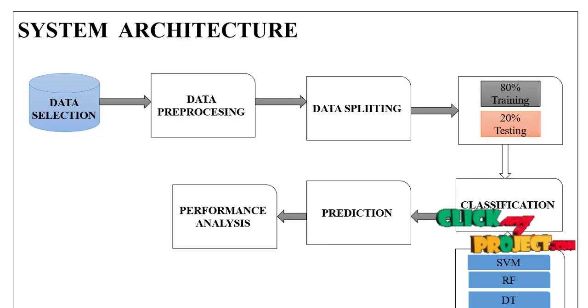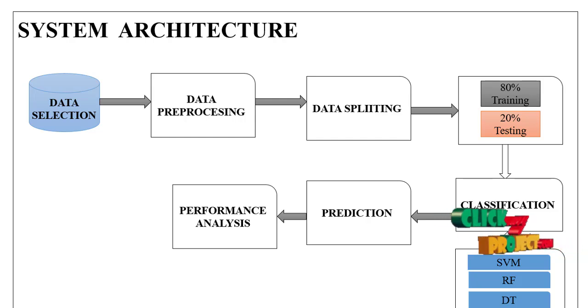This is the system architecture. From the data selection, this is the first module. Here we use the CSV file for the data. The first module is the data selection and then data pre-processing. In this data pre-processing, we do the label encoding, then standard scaler, and then handle the missing values. And then data splitting is nothing but splitting the data into training and testing at the ratio of 80-20